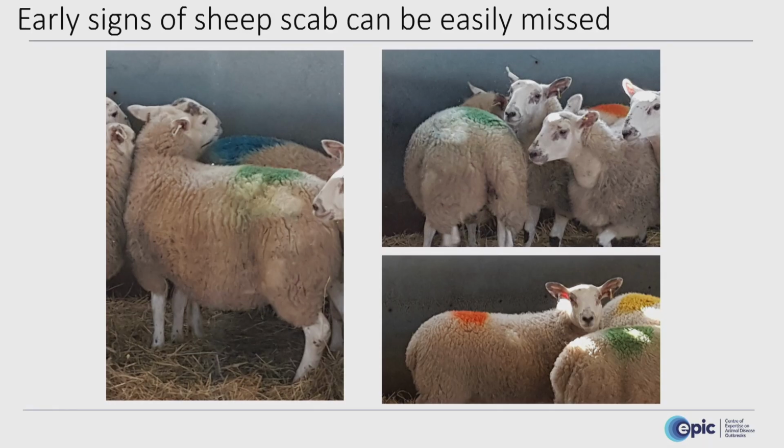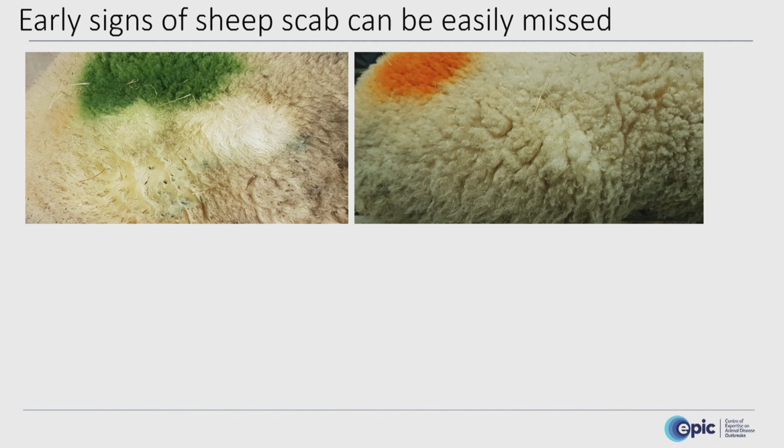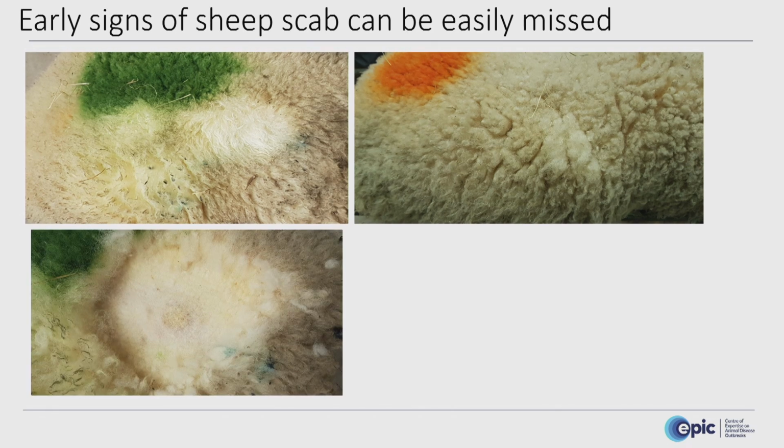So I talked about subclinical scab. This just shows some really early signs of disease. You can just see on these lambs, there's just little areas of discoloration where they've just been nibbling. No wool loss, no real irritation, but just every now and again, a little reach around and a nibble to the fleece. And if you zoom in a little bit, you can see those a little bit more clearly there. And then if we zoom in further and cut the fleece back, you'll see in the centre there a lesion. That's about the size of a 50p coin, probably about 50 to 100 mites in there, and clearly